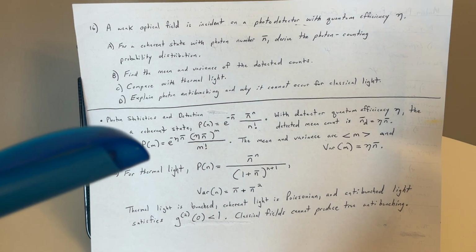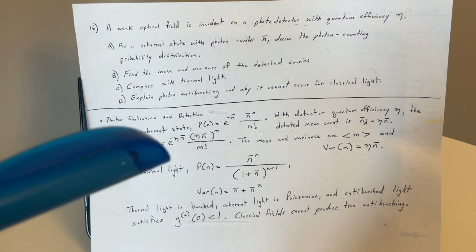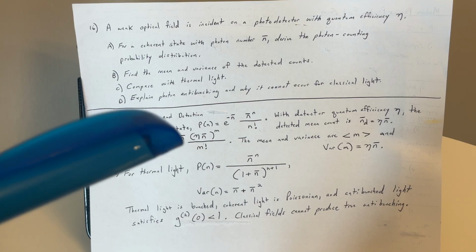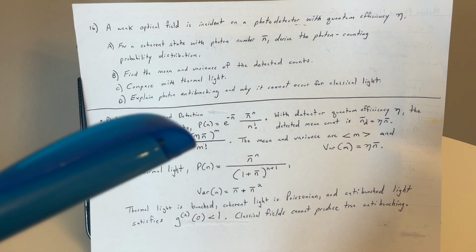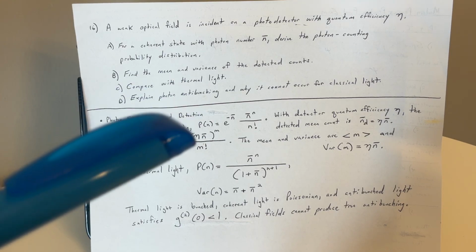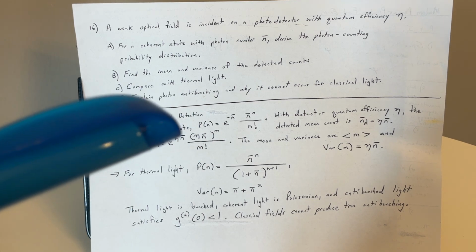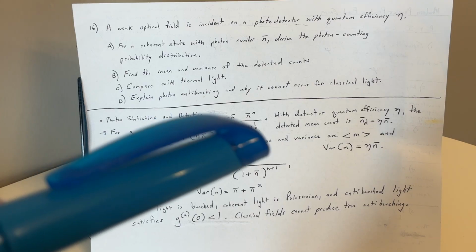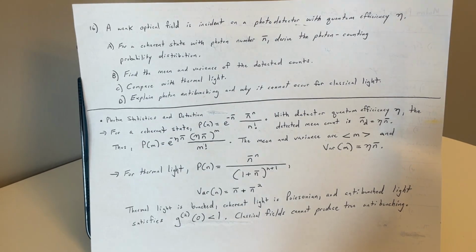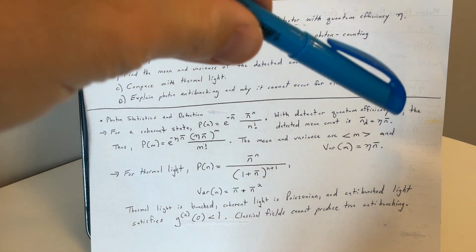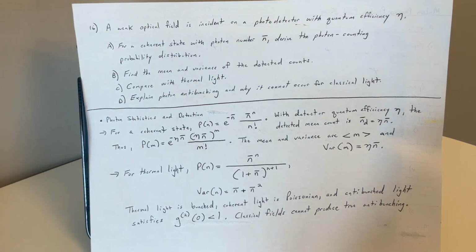Thus, we have p of m equals e to the negative eta n bar times eta n bar to the m over m factorial. And the mean and variance are right there: the average of m, or expected value of m,